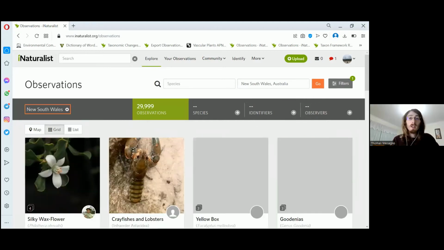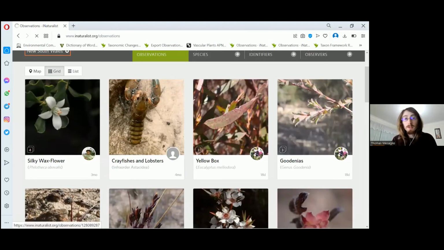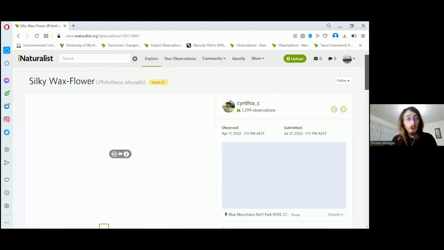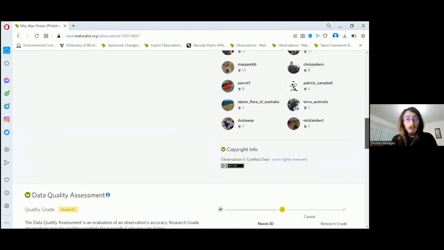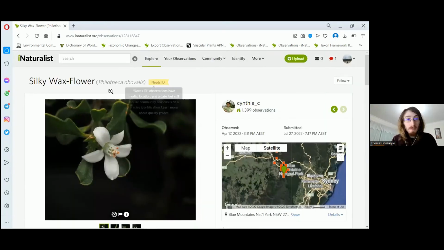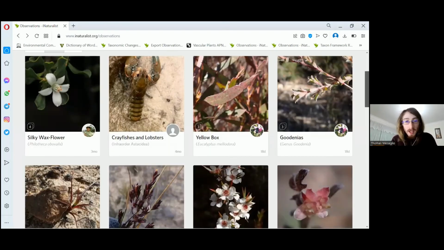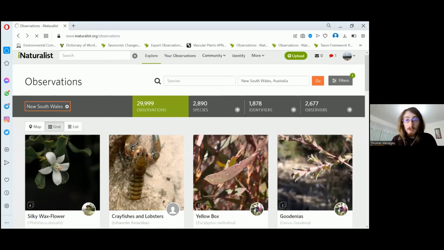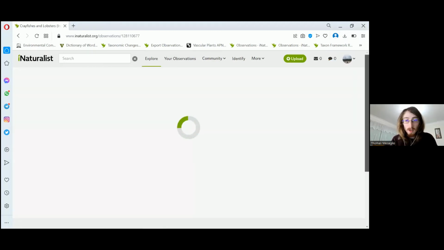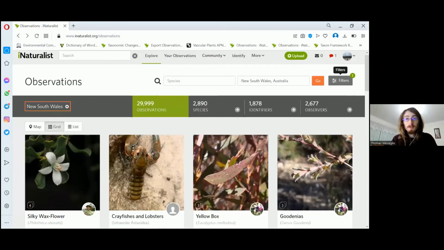I am now seeing all observations that have been uploaded somewhere in New South Wales that have the word blue somewhere in the description or a tag or as part of a name. So I'm pretty sure this species has, yeah, it's because it's Blue Mountains in this case. If I go to this one, it's also going to be Blue Mountains, I bet you. Yep, also Blue Mountains. So that's an annoying example, but essentially what that search filter is doing, this search filter